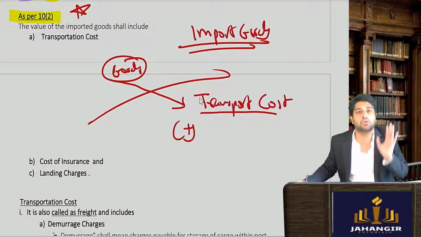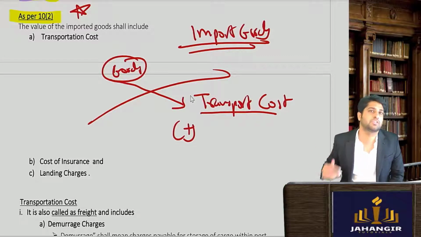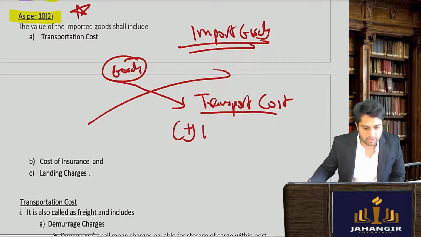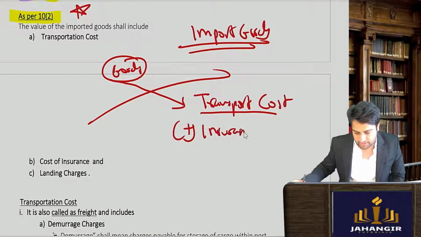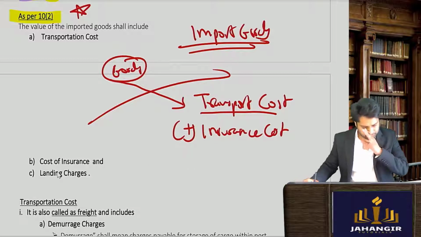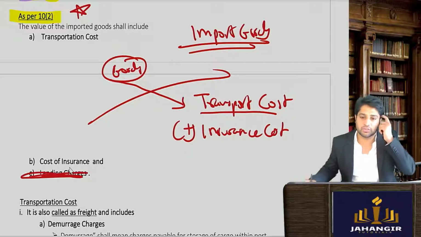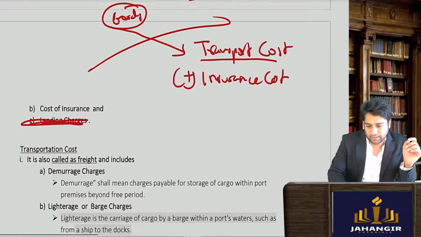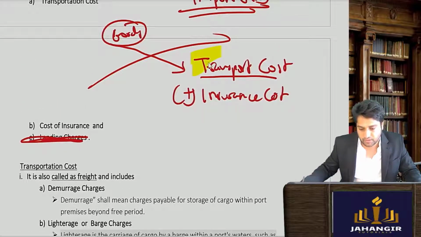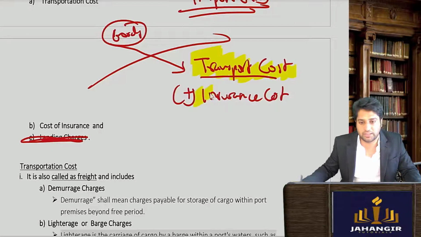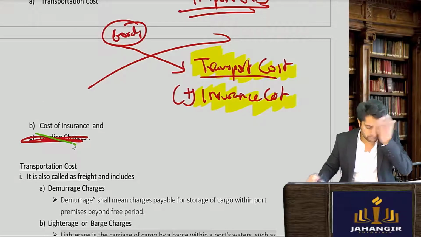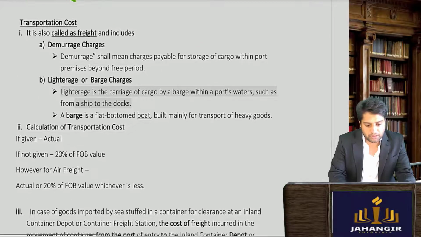You must have also insured the goods, because invariably, almost every time, you get a marine insurance done, an insurance of the goods in case they get destroyed or something. So even insurance cost is to be added. Insurance cost of goods and cost of insurance. Now there is a note on transportation cost. We have to read a note on this. There will be notes on transportation cost and notes on insurance cost. The landing charges, which was there earlier, has now been removed. So what is transportation cost?